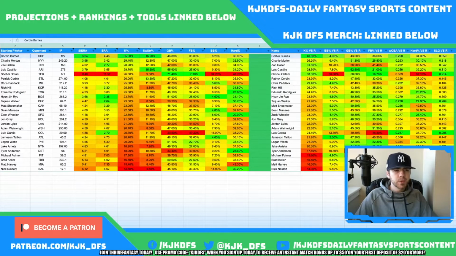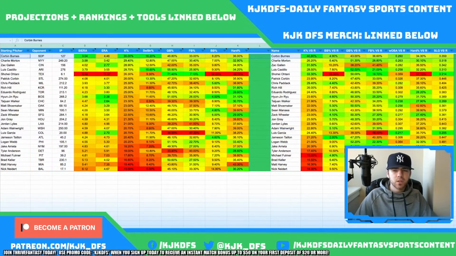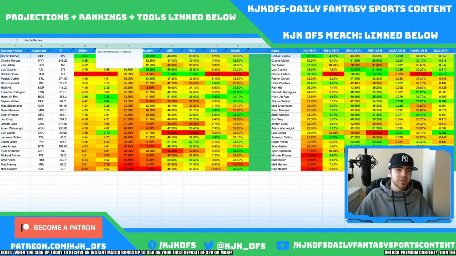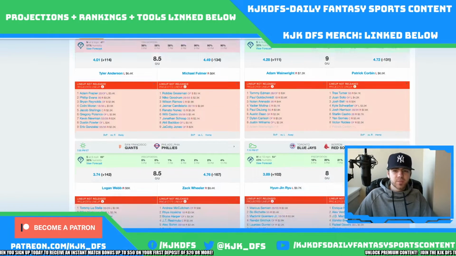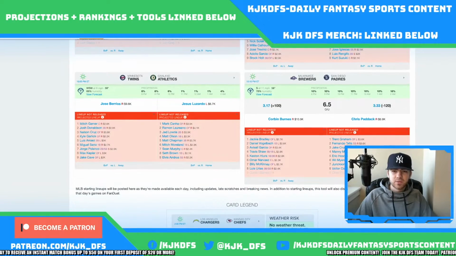He's a 35% K rate overall, a 16.2 swinging strike rate, 40.8% K rate against righties, and then a 29.3% K rate against lefties. Guy's been absolutely dominant, lots of Ks, ridiculous numbers against righties, and he's taking on a San Diego Padres team, which unfortunately is really good at not striking out. So, there's a guy that you're getting really excited to play, and then you factor in his opponent, and that's when things kind of go downhill for you because it's kind of tough to target this San